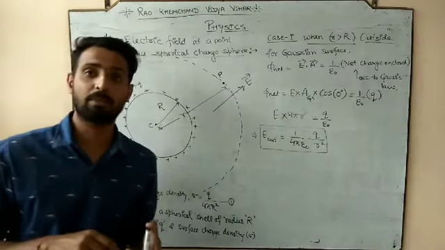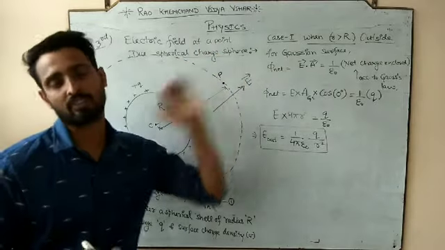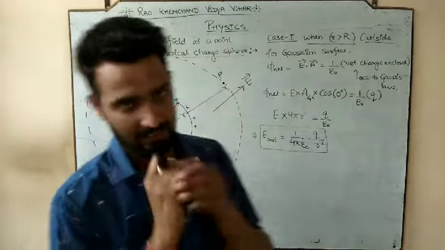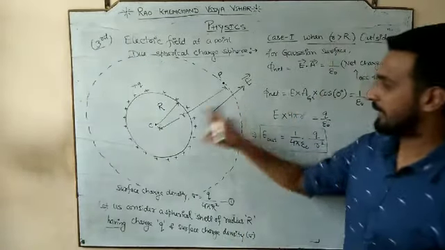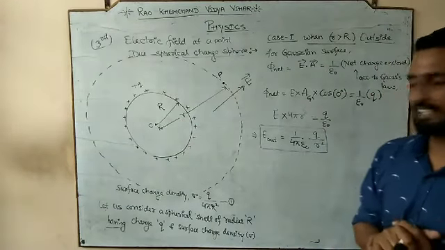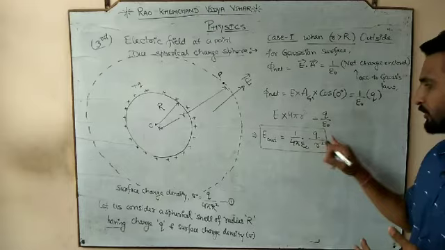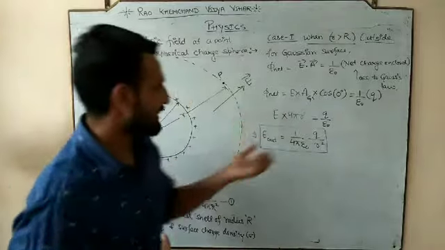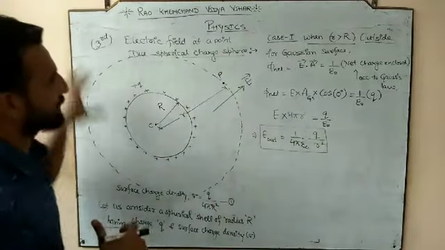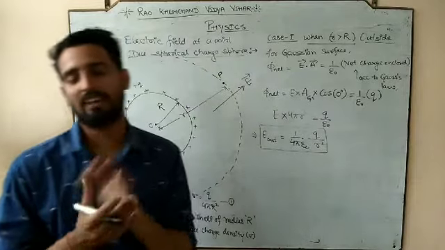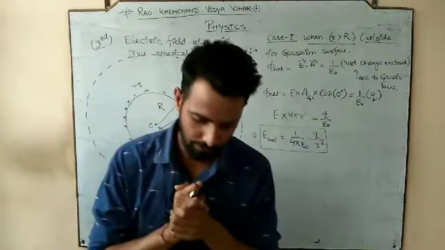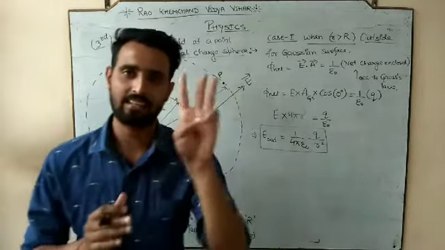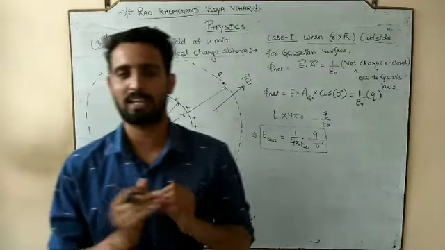But what is the location of point P? Point P is outside of the spherical body. The electric field outside of the spherical shell, at a distance of small r from the center, is 1 by 4 pi epsilon naught Q by r square. This is the case number 1, the first individual case of the third application, when we have to find the electric field outside of it. Now we are going to jump to the second and third cases. There are 3 cases that we are going to study for the spherical body.